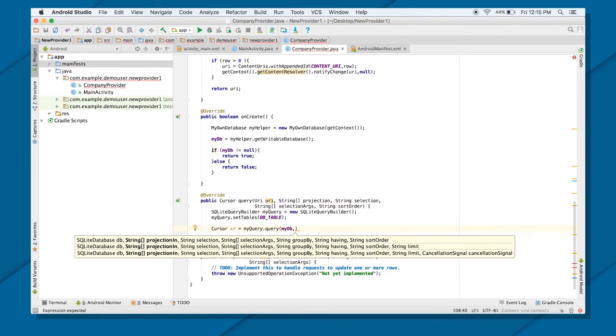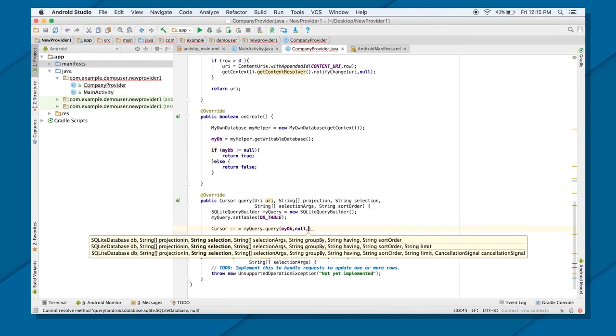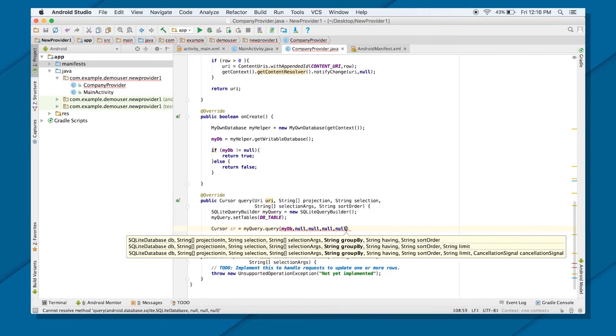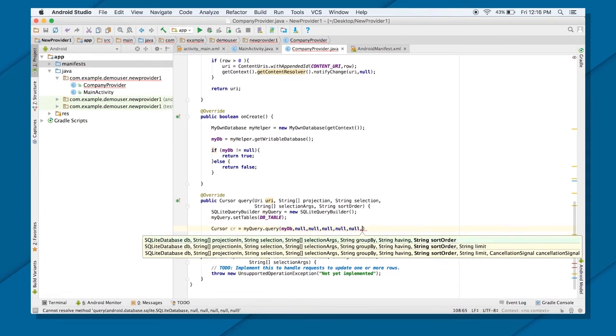Projection, let me just put, I don't really want a particular projection here, and selection also not. I want that too, and group by also, and order.